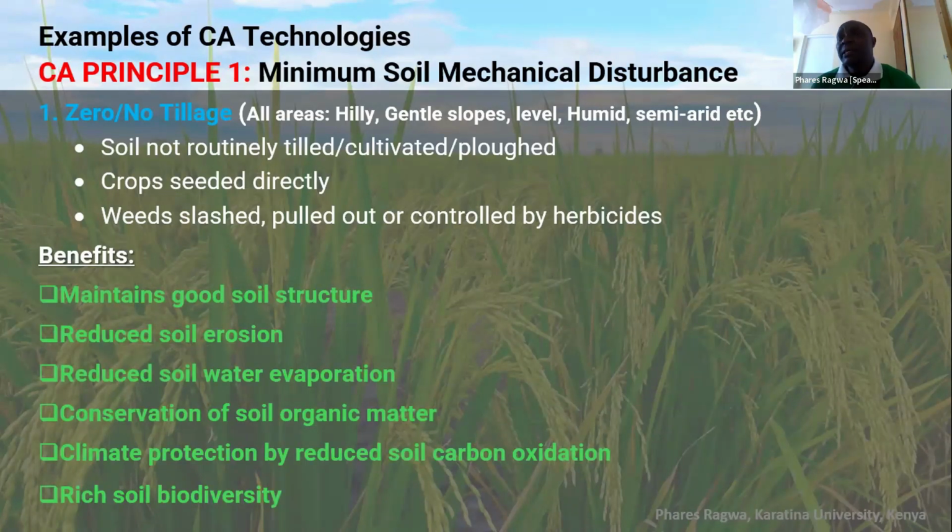This is a technology that should be applied in all situations that present themselves to us as far as agriculture is concerned. It is applicable in any form of terrain, whether you are talking about steep slopes, gentle slopes, low-lying areas, whether you are talking about high rainfall areas, or even the low rainfall or semi-arid areas. So this is a technology that cuts across the entire spectrum of agroecosystems as defined by rainfall, soils,